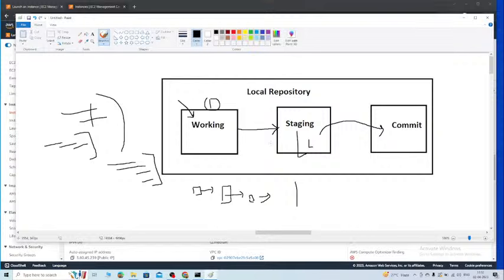So how actually we need to work on, right? I'm just again repeating one more time. Working area, that means where you are just working on the code, adding, deleting features, whatever the things are, right? Staging means that you have marked the file in the current version to go to your next step. That means this file is okay and you can send to the commit area. Commit means that the data is safely stored in your local database, and that means it is ready to push to the prod, right? So these are the three stages